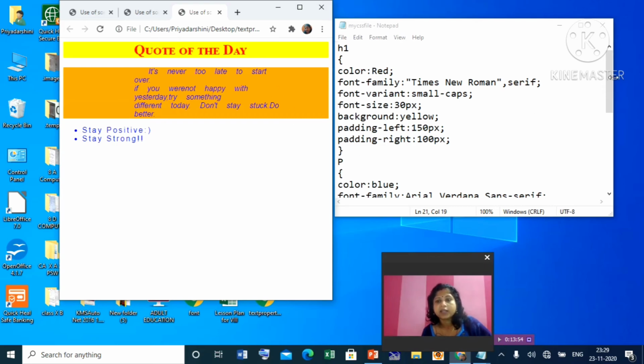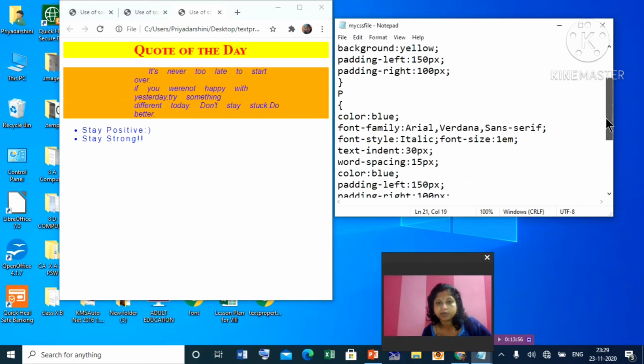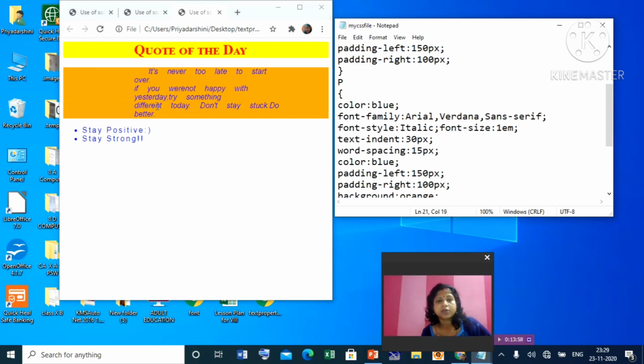Okay, and then let us come to the paragraph. What we have used, color we have used blue color. Font style, so see letters are slanted because we have used italic. Okay, font size 1 em. 1 em here means whatever the size is, multiplied by 1 means the same size will be there.